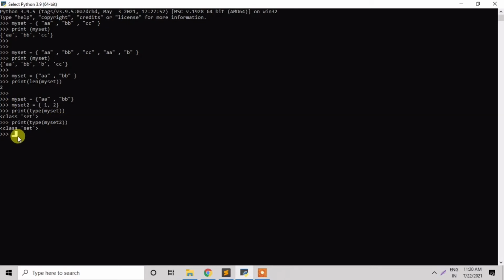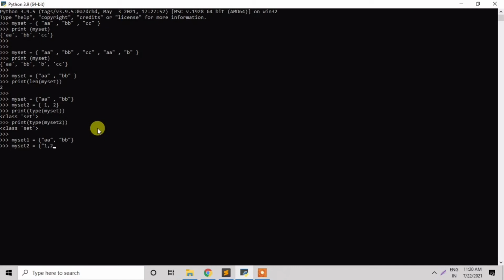Another example is, suppose I am writing here my variable name mySet, with A and B, and another variable mySet2 and the values are 1 and 2.